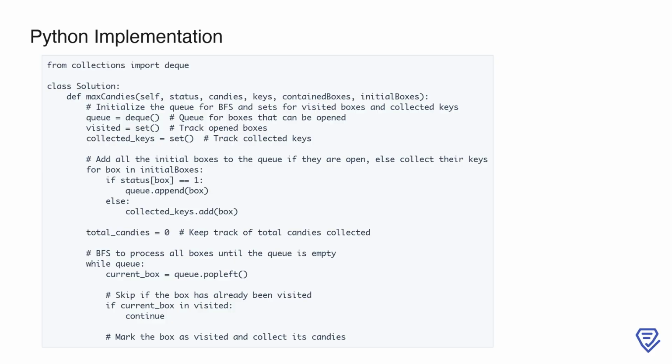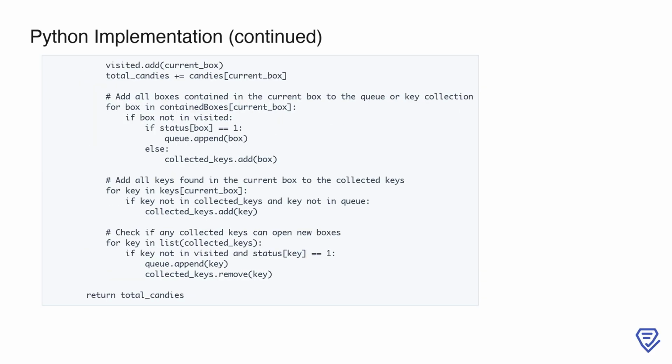From here, we use a while loop to repeatedly process boxes until the queue is empty. Inside the loop, we take the first box from the queue using popleft. If the box has already been visited, we skip it to avoid redundant work. Otherwise, we proceed to mark it as visited and collect the candies from it. Marking the current box as visited ensures we don't revisit it, and we increment our total candies by adding the